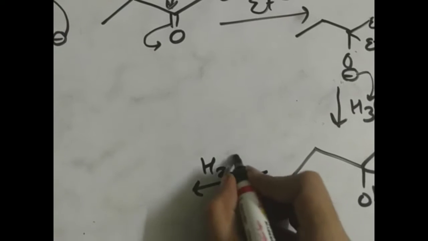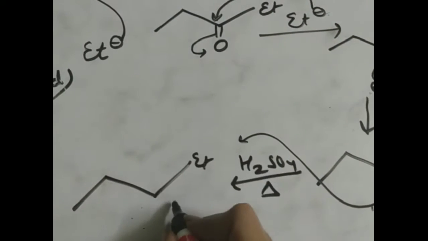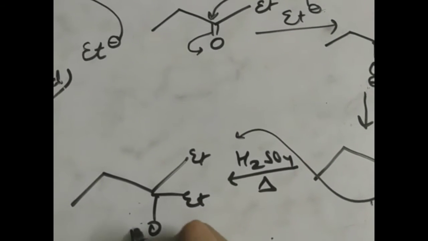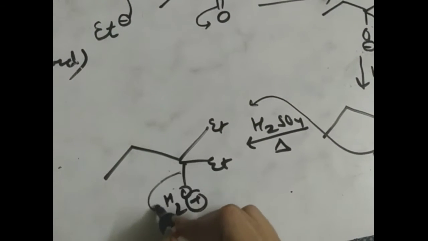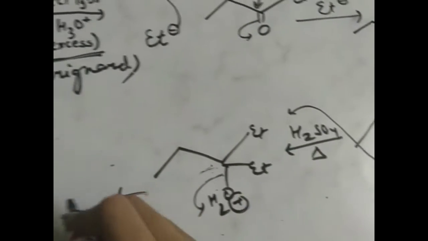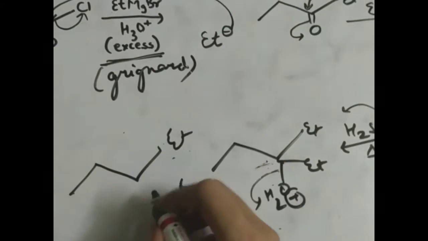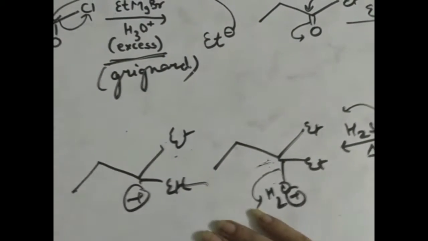Okay, so we have obtained alcohol here, and then in the next step sulfuric acid is added and heated. This is nothing but elimination step. So simply this OH will abstract the proton. Okay, Et here, Et here. This has become OH2 plus. Since OH is abstracting the proton, it has become OH2 plus, which is a good leaving group. So it leaves and a carbocation is formed. Okay, Et, a carbocation is generated here.